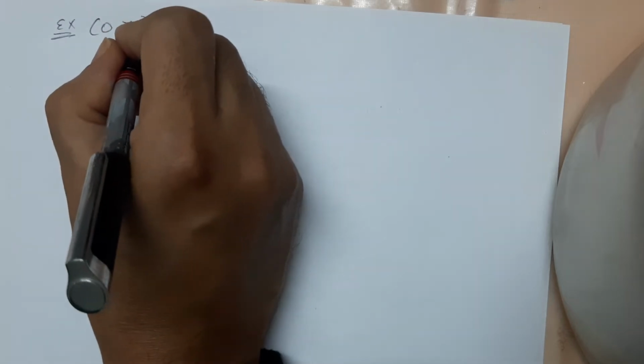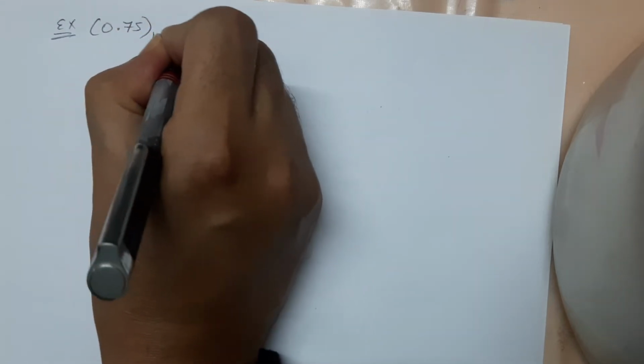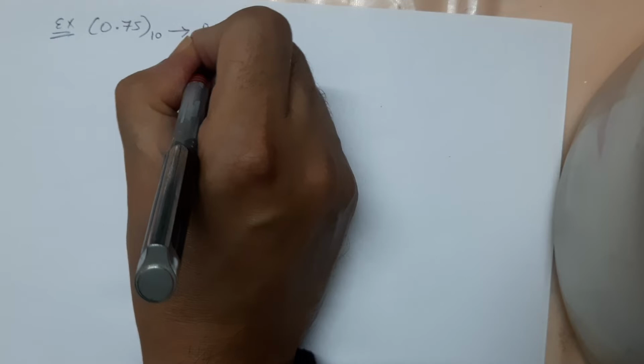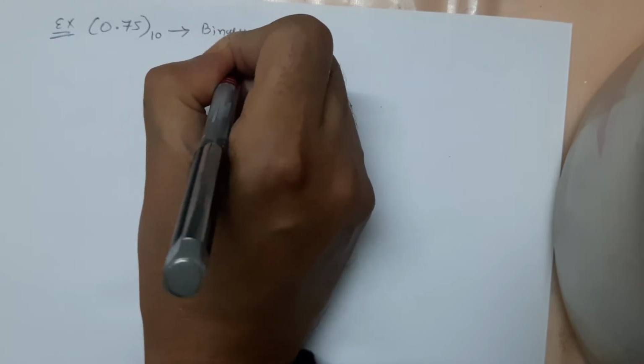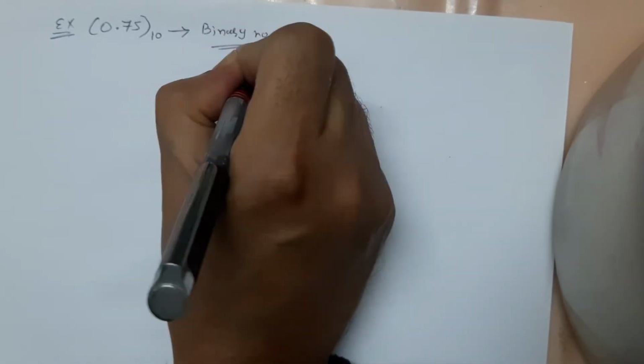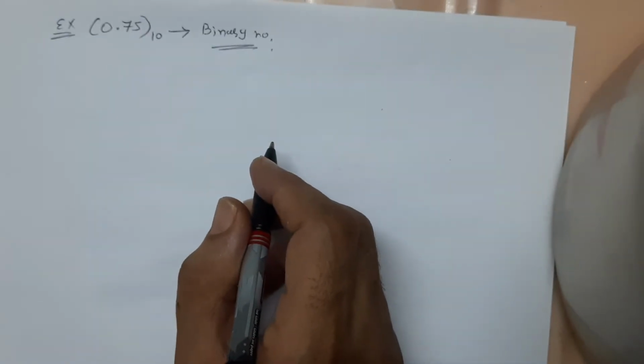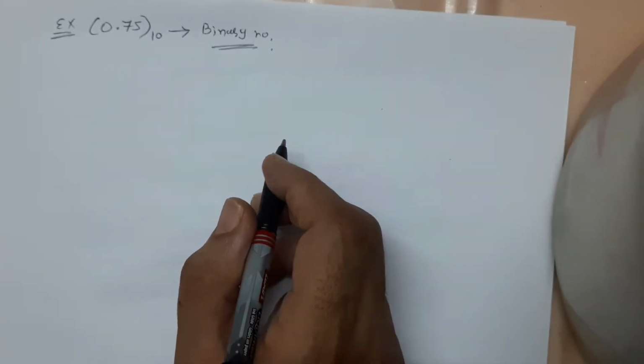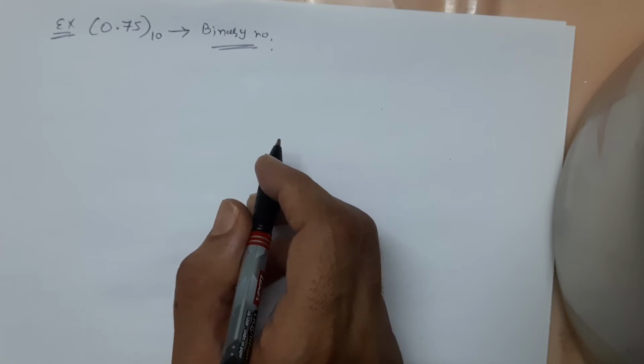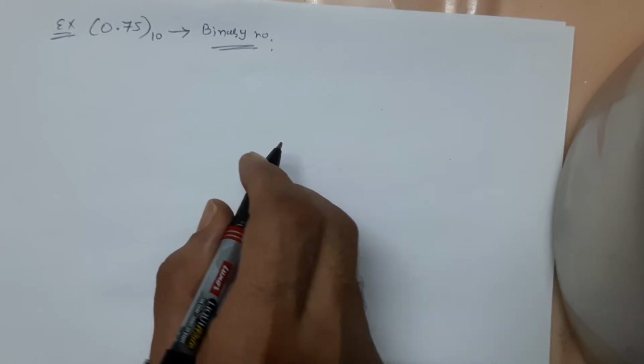If we have the fraction 0.75 decimal, we want to convert this into the form of binary. How to convert, right? Again, 0.75 is equal to